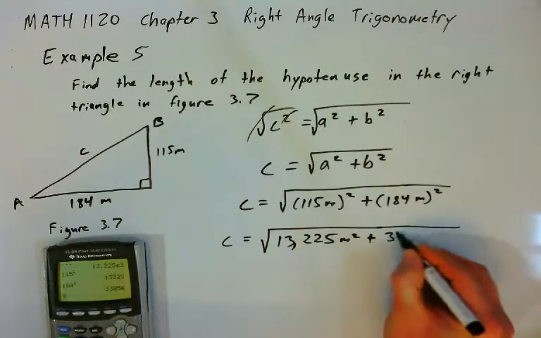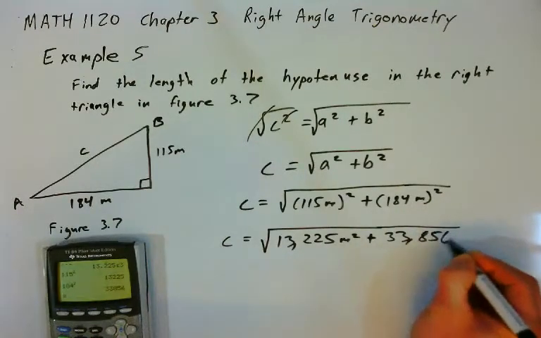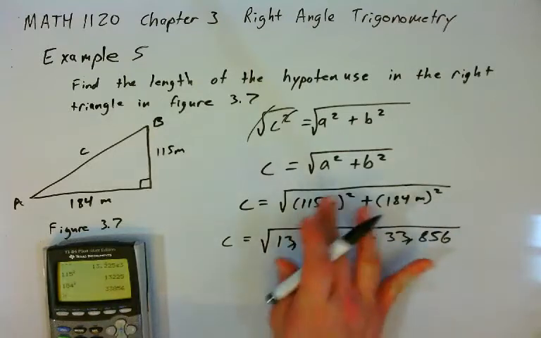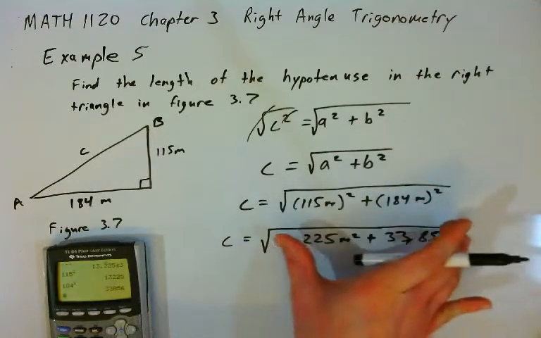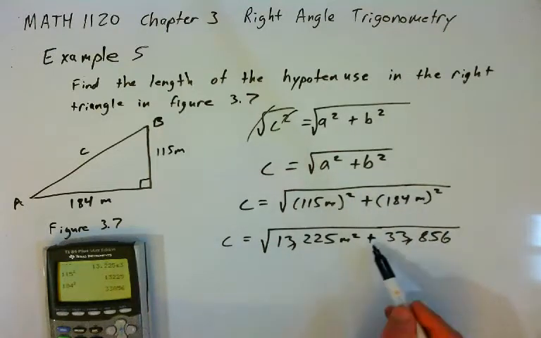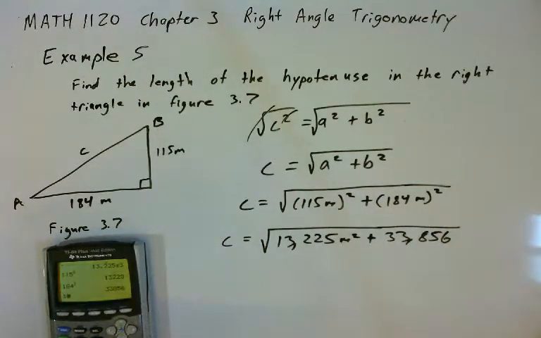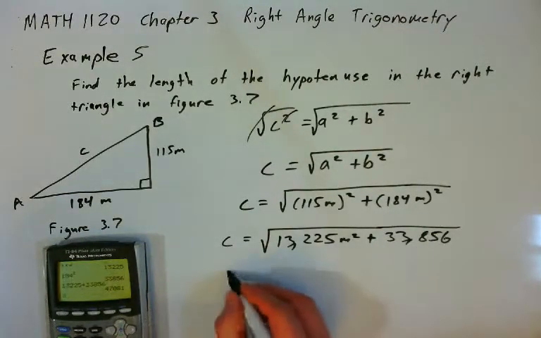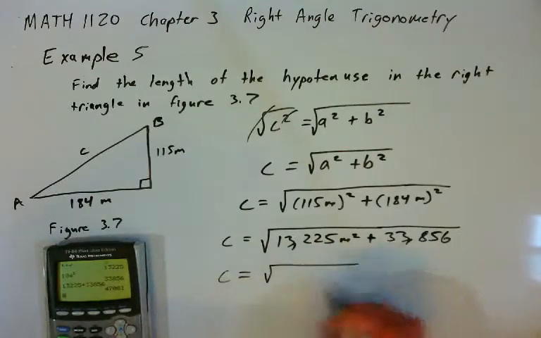So 33,856. Right, so order of operations, I did the exponents first because I'm doing what's in the parentheses. Right, the square root is parentheses, exponents first, and now I can add. And so we'll take 13,225, and we'll add to that 33,856. So C will be equal to the square root of